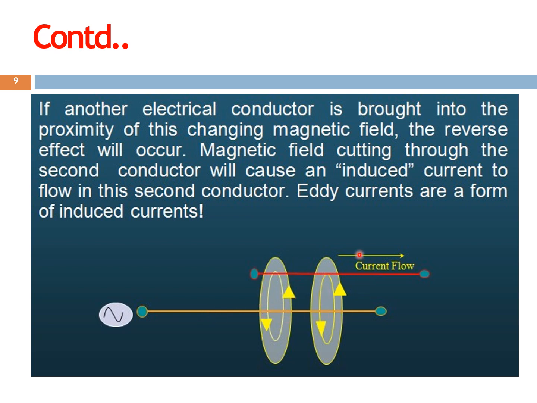So as a result, since it is having the effect of the alternating magnetic field, when the second conductor shown in red is brought to the vicinity of the magnetic field, as a result of this magnetic field, a secondary magnetic field is created. That is actually the reverse process occurring, and a current is induced into the conductor, right? This induced current is actually called eddy currents. Eddy currents are a form of induced current, and a magnetic field is created. That is, whatever is happening in the first conductor, the exact opposite is happening. A current will flow in the second conductor, and there will be a secondary magnetic field developed in the red conductor, right? This process is actually called electromagnetic induction.